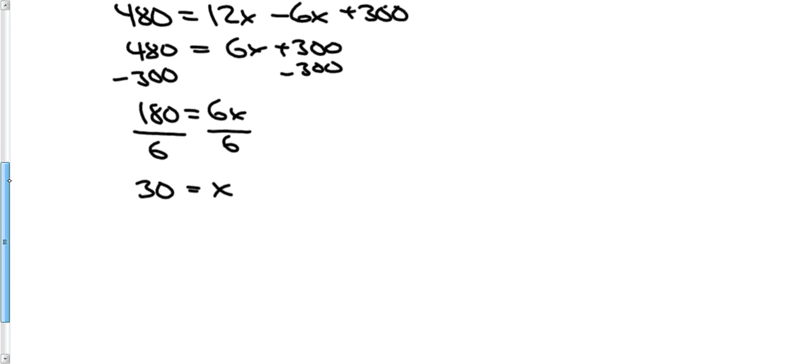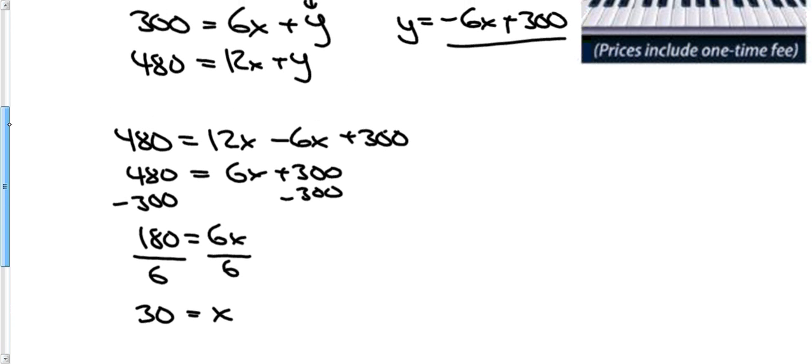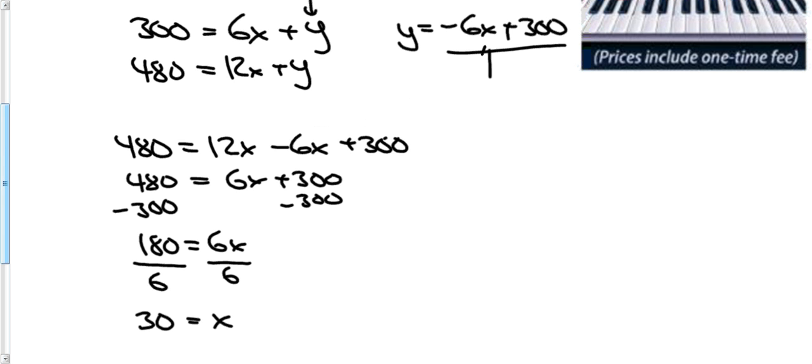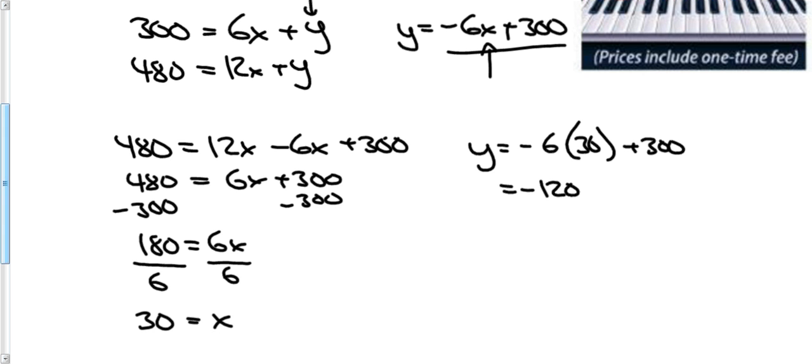Now that I have my value for x, I can take it and plug it back into this expression right there in order to get y. So y is going to be equal to negative 6 times 30 plus 300. So that's going to be negative 120 plus... 6 times 30 is going to be 180. Whoops. Plus 300 gives me my 120. Okay. So my answer to my system is 30, comma,